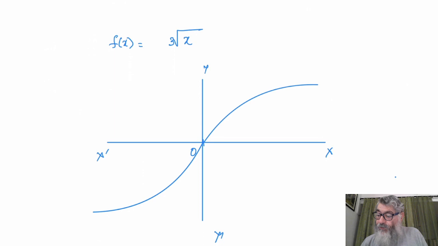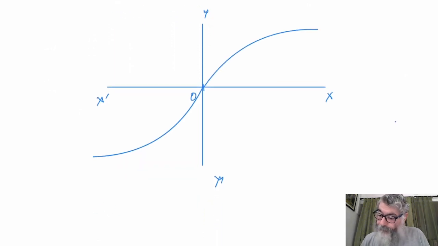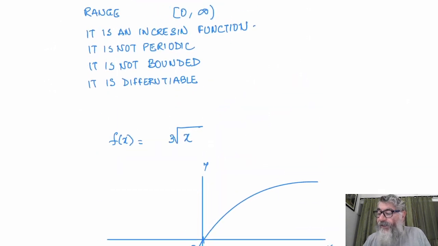Now let us see what the domain of this graph is. If you look carefully and if you have paid attention to what I have been saying, domain is all possible values of x which satisfy the given curve. So you can take all the values, even negative values can be taken.